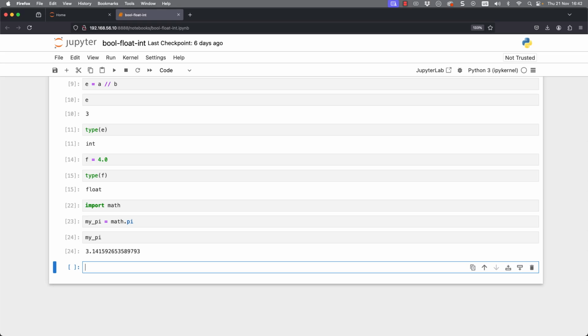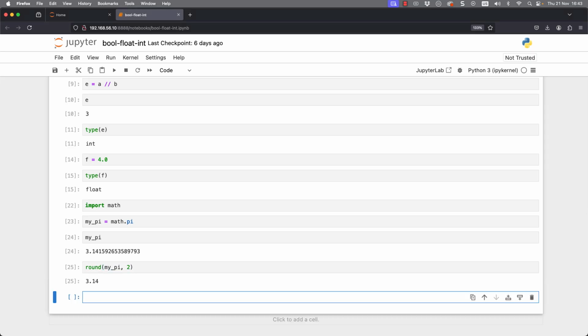Now, this is great if we need that level of precision. However, if that level of precision isn't needed or isn't going to work well for us, if we're doing some simple calculations, maybe we need to round them. So we have the round function. We could then round my_pi, comma. This function takes two arguments. Our first argument is the number that we want to round. And then the second argument is the number of decimal places that we want. So we can see that we have ended up with